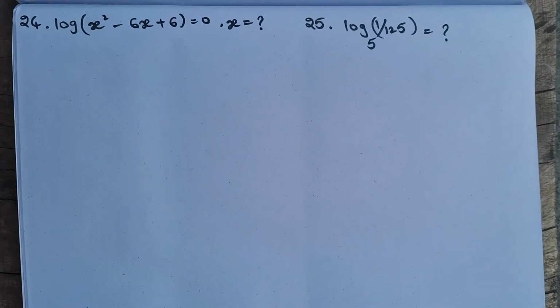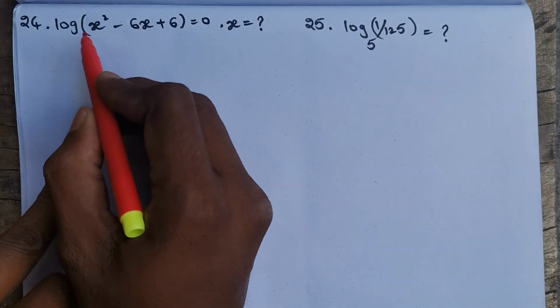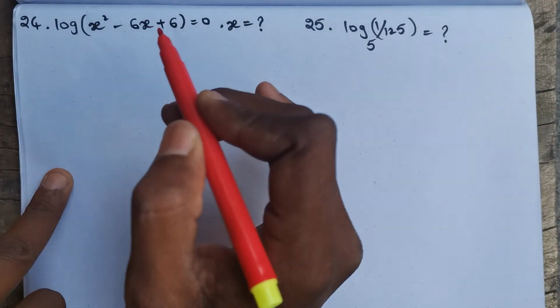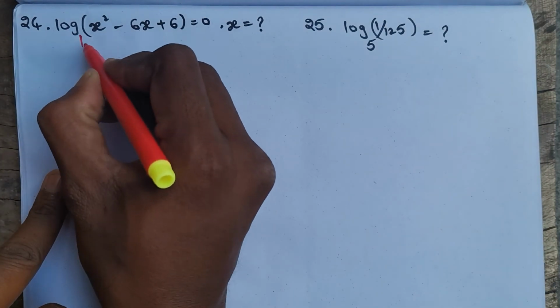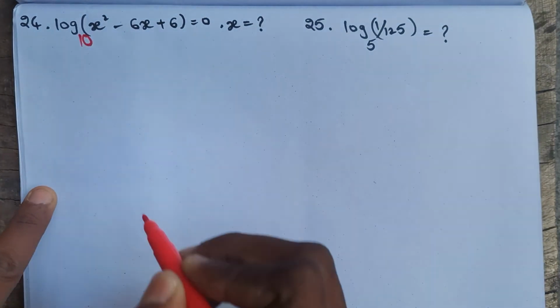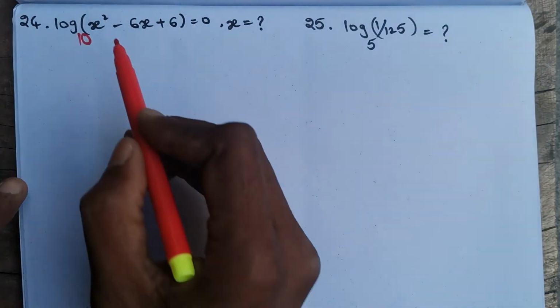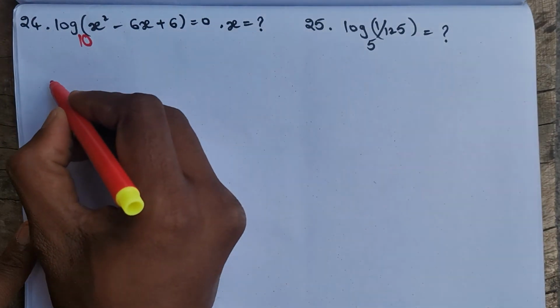So first, it is in the logarithmic form, we need to convert that to exponential form. Here log of x square minus 6x plus 6, base is not given. If base is not given, always the base is 10. So now x square minus 6x plus 6, write it as it is,